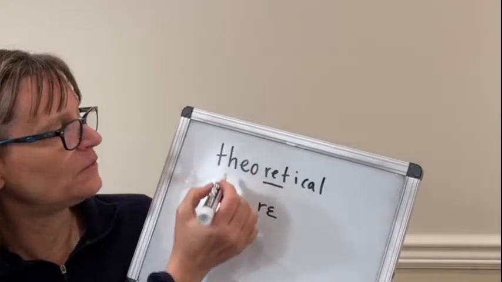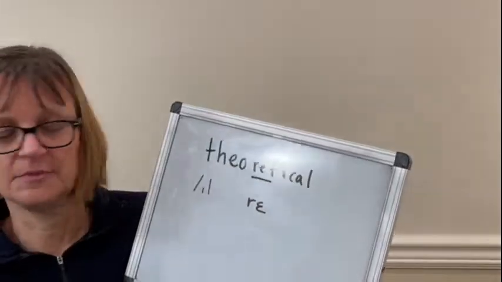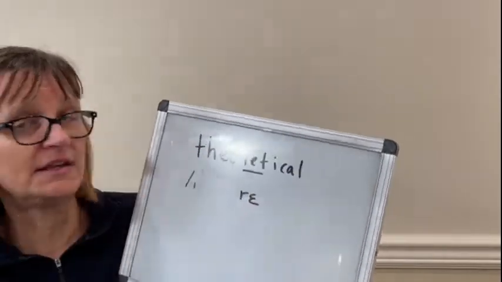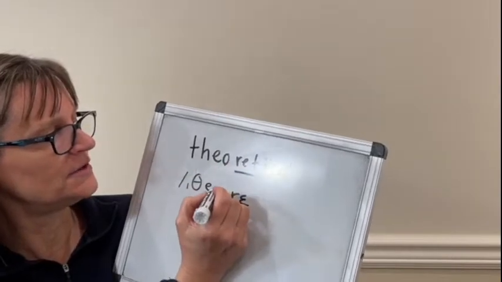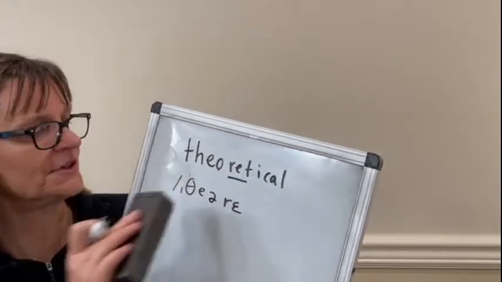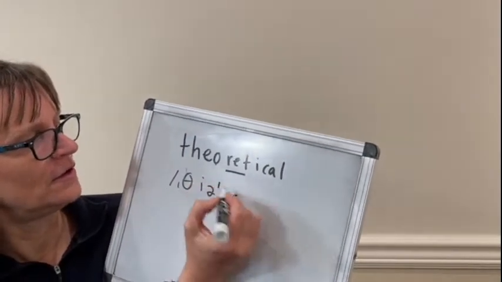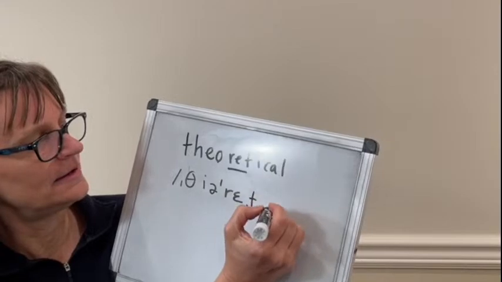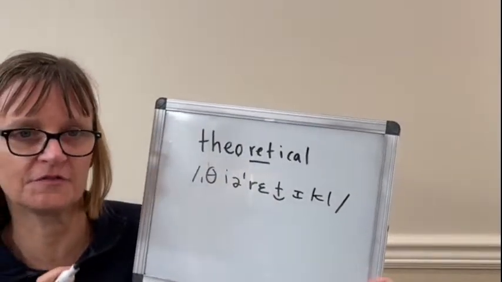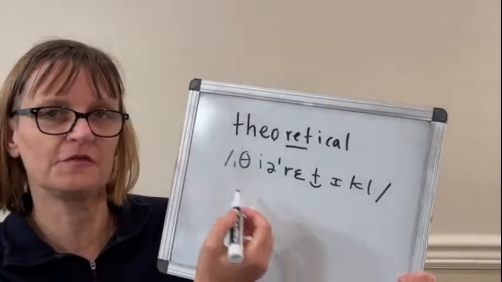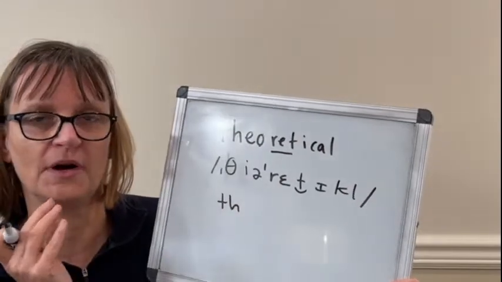And then we have secondary stress on the next syllable. So there we're going to have the letter E saying the E sound. So our letter O is going to say a schwa. Oops, I wrote letter E instead of the E sound. Theoretical. A tough word because there's a lot of challenging patterns here. First of all, the first TH sound is the voiceless TH. So you don't want th, but rather